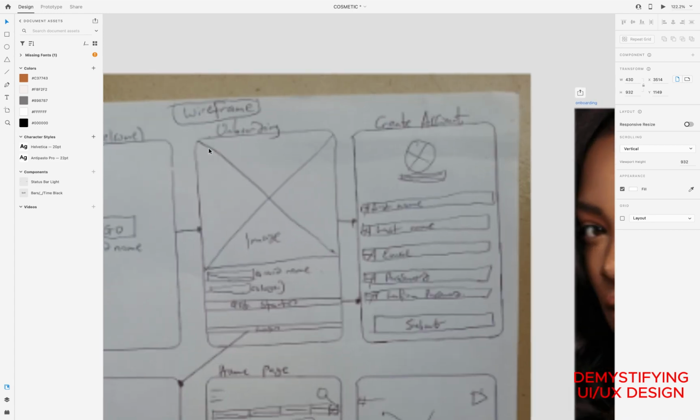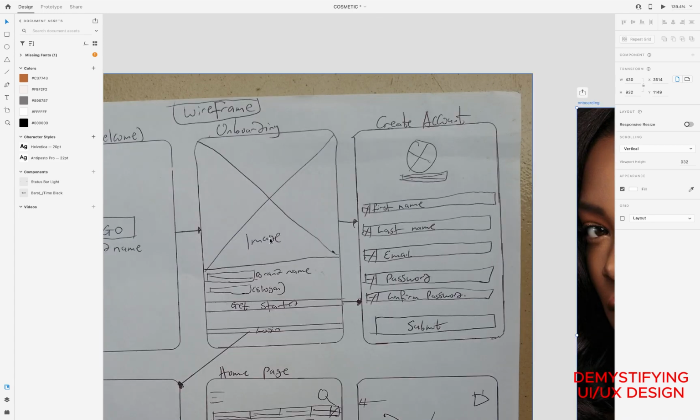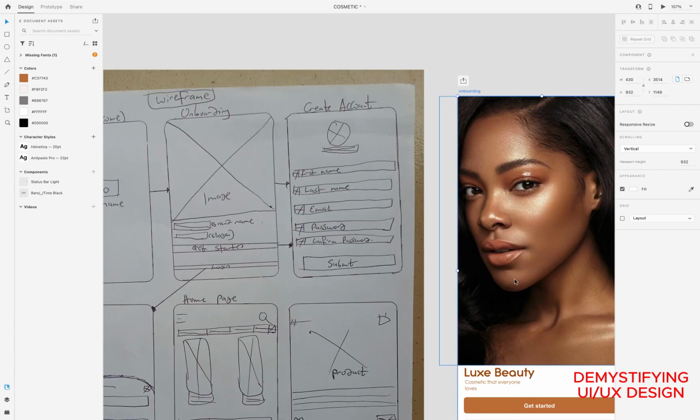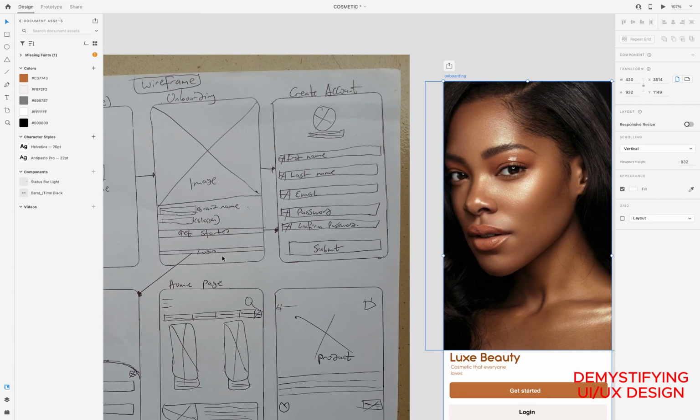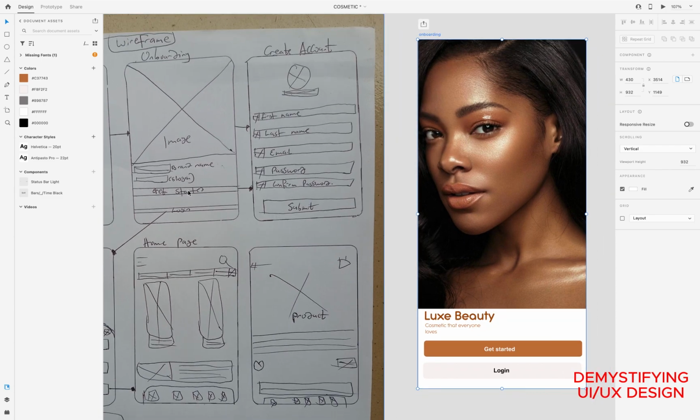This open space here was dedicated for an image, as you can see. Look at the image here. Then the brand name is here. Then the slogan here, just the way you have it on your wireframe. Get started, login here. You can see, your wireframe gives you a guideline on what to do, and